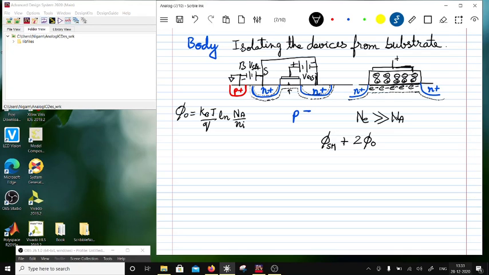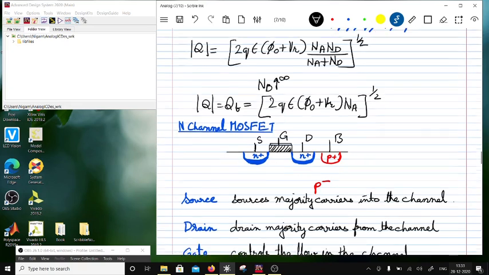So what is the work function? This is the potential which is required to free, or pinch off, these electrons from the nearby N plus. If this potential is large enough, then these electrons are going to move in and will be supplied by both sides, source and drain, to form a channel underneath. So that potential is the metal work function, plus twice the built-in voltage, plus it has to overcome this